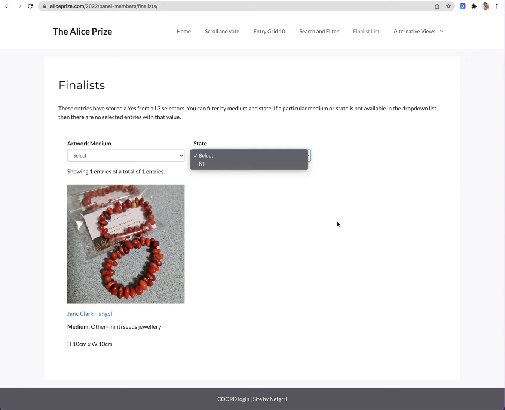But if you had set another one where everyone had selected yes and it was from New South Wales, you could select the NT or the New South Wales entries, and that's the same with the medium. So if you haven't said yes, yes, yes to any paintings, then painting won't be available in this drop down list. So if we go back to home,